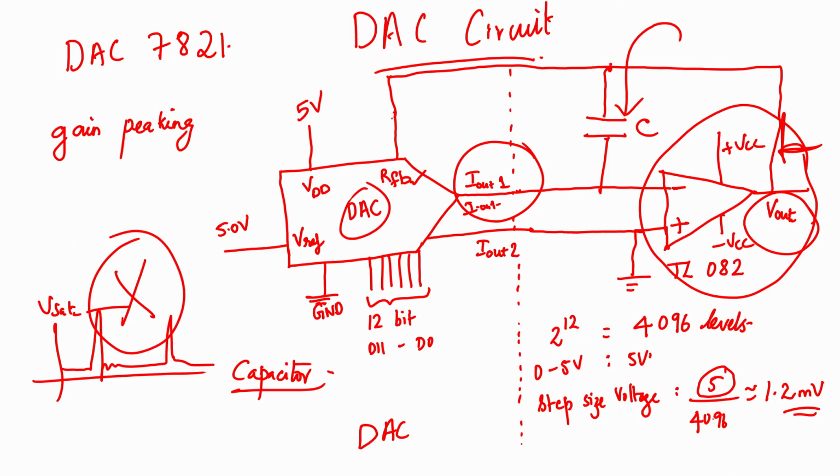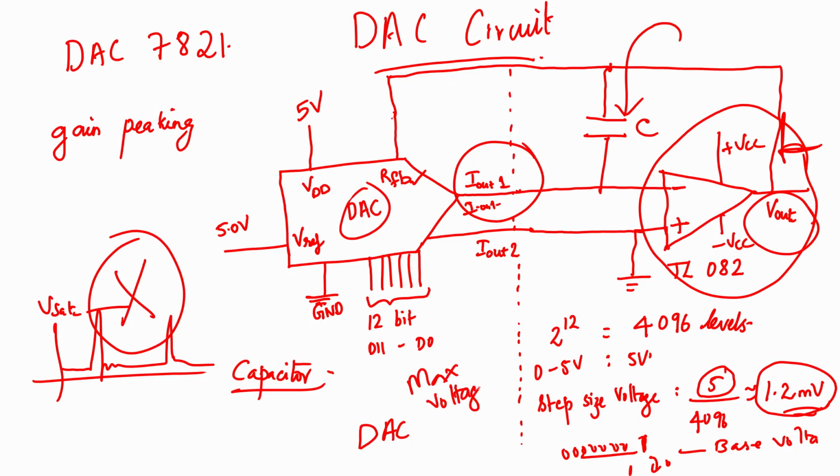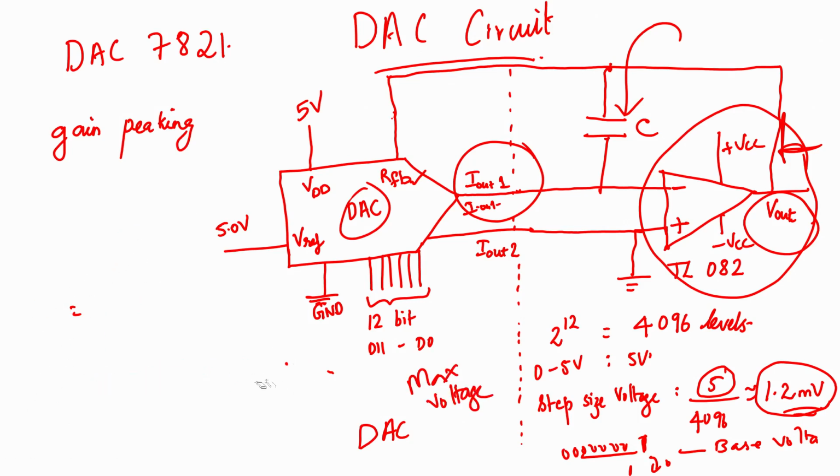So, we will see what is the base level when we start off with the bit sequence of say 0 0 0 0 0 0 0 0 0 0 0 1, first bit turned high, then we will turn this to 0 and turn the next to 1. So, that 1 bit change we are making, we will see what is the base voltage we get and what is the increment per bit. Ideally we should get around 1.2 millivolt, we will see how much we get, and we will also see what is the maximum voltage we are seeing, okay, when we see the circuit. Clear?